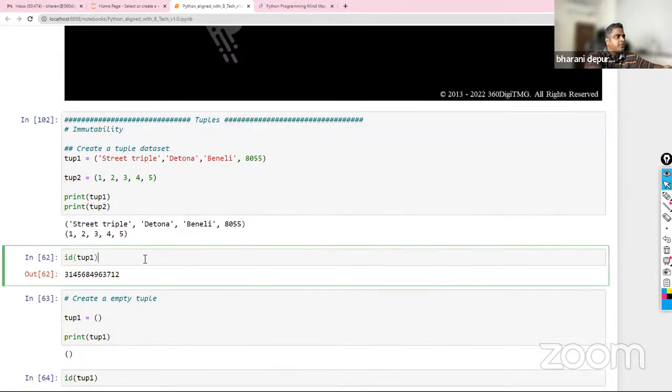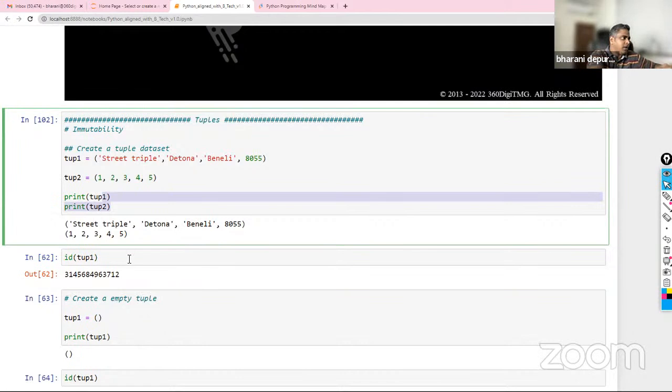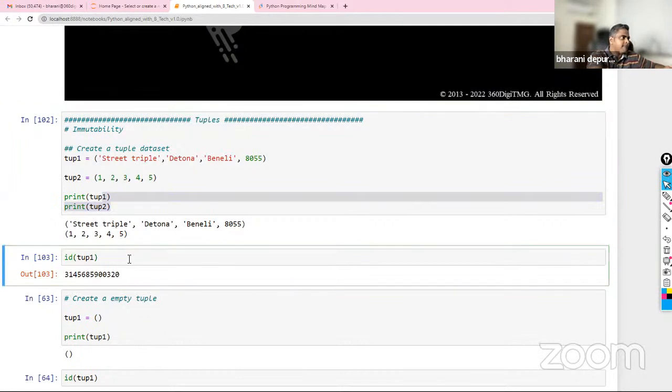Now, if you ask what is the ID of this tuple 1, if I were to run it, it says this is the ID. This is the ID which is pointing towards your memory. All these variables that you're creating get stored where? In memory. So when you take the example of your laptop or desktop or your computer or server, whatever you take as an example,